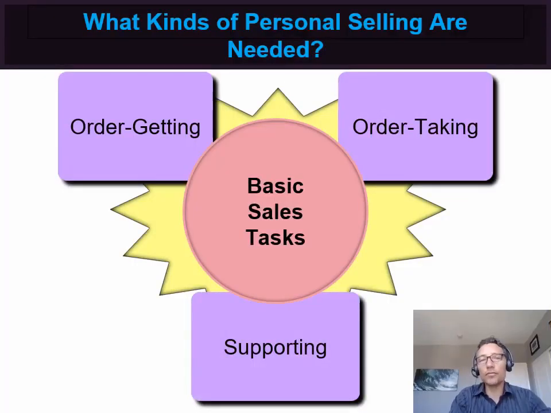So here you see your three different types of salespeople, and it depends upon what kind of direct selling you need between the buyer and the seller. So let me start with the one in the upper left there, the order getter or order getting. This is somebody who's basically responsible for generating new business. Oftentimes it's called new business development. So this is a highly skilled salesperson, a seasoned salesperson, and they're responsible for going out and meeting with clients and establishing new sales, landing new clients.